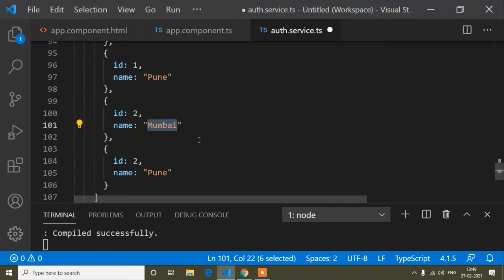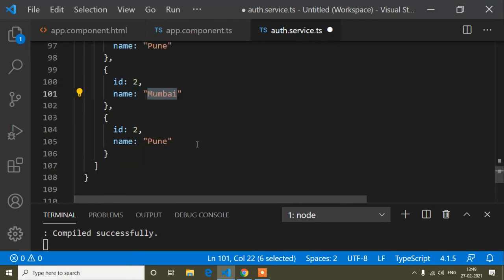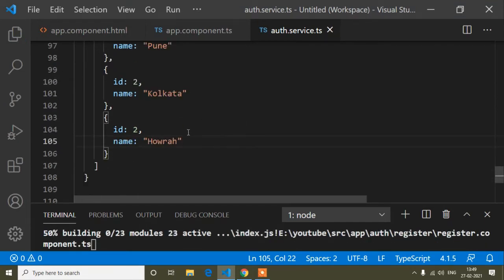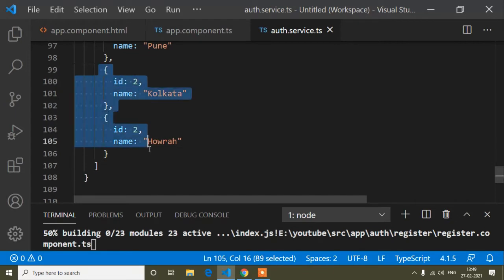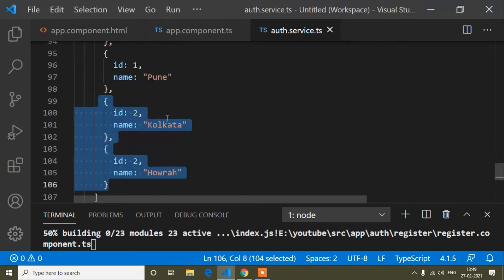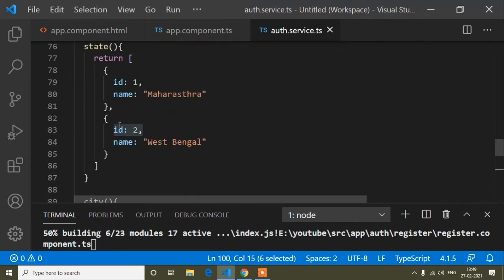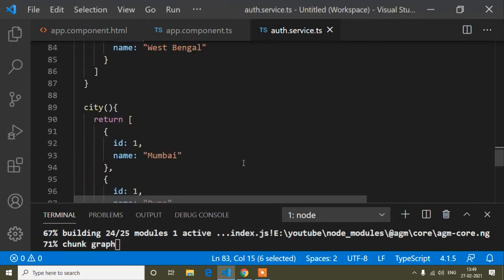And for the names, Kolkata comes in West Bengal, and now here I will write Howrah. These two cities come in West Bengal, or you can say districts. So these two cities are made for West Bengal, and I have written the ID similar to West Bengal.